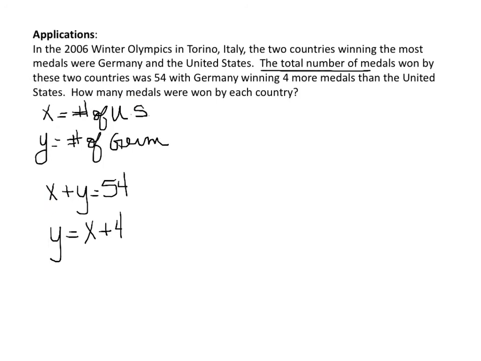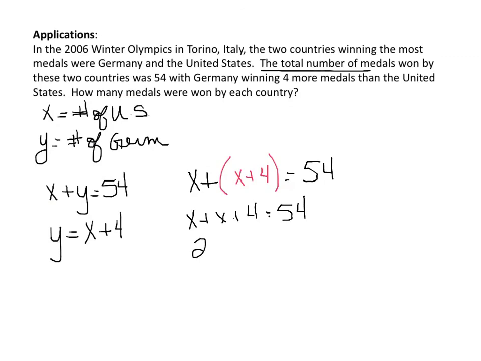So I'll take my first equation, add in that second equation. In this case there was nothing to distribute or multiply, so that's x plus 4 equals 54. So what that tells me is the U.S. had 25 medals,